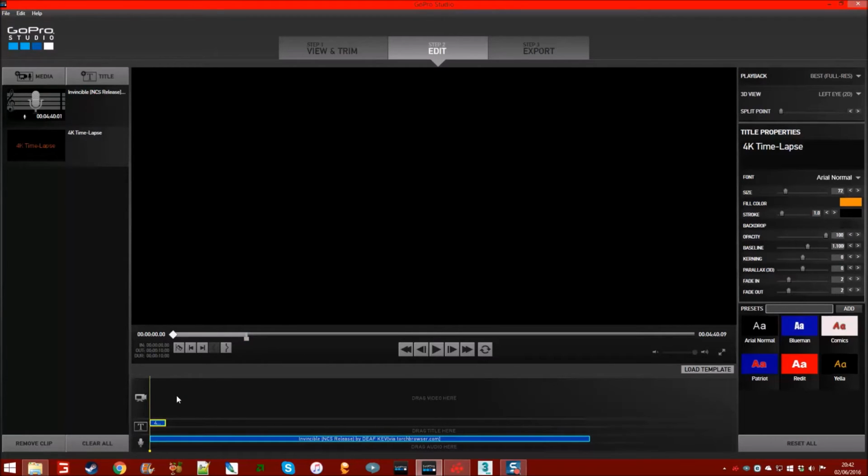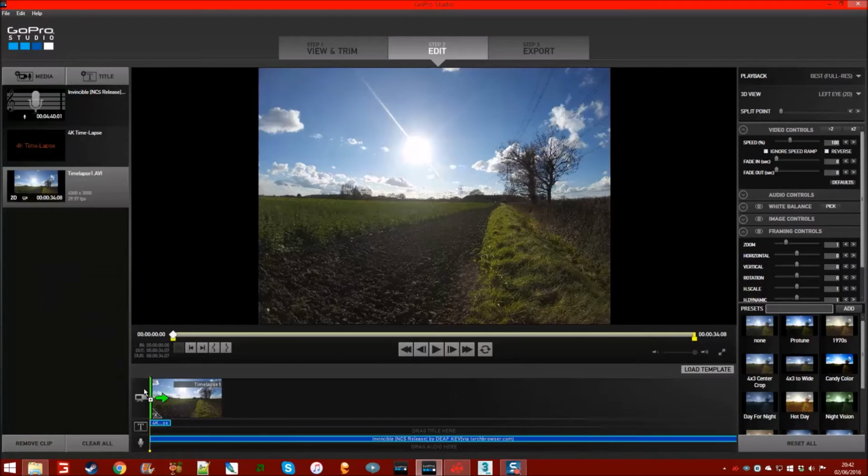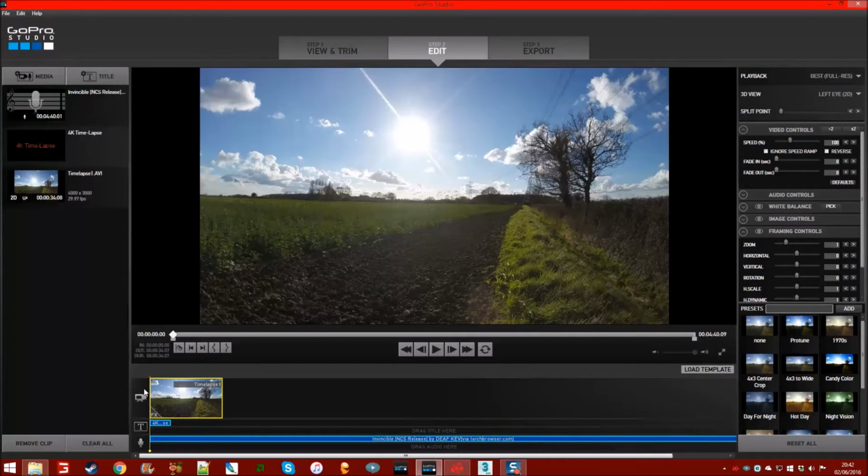Now for you guys that aren't really familiar with video editing, this down here is called the timeline. This is where things are stored. So as we see there on the left, the video time-lapse has come in. If we just click on that, we can now drag it down onto our video track. Now some more advanced video editors can have multiple video and audio tracks, but currently we only have 2 audio and 1 video in GoPro Studios. So now that we've brought it across here, we can now scrub through